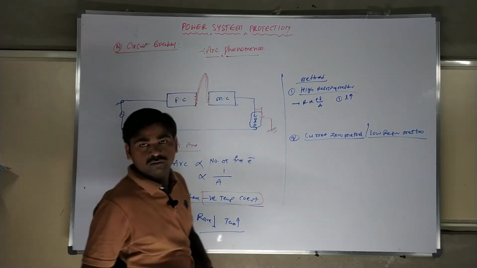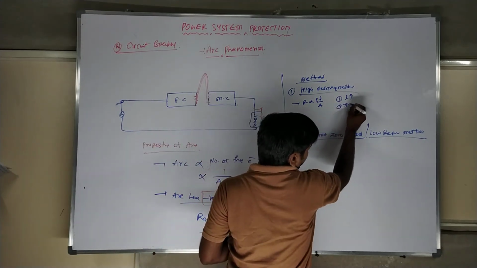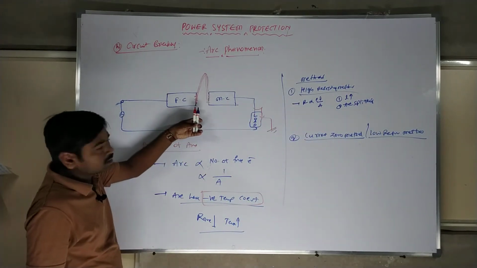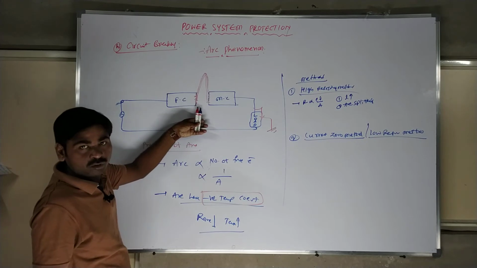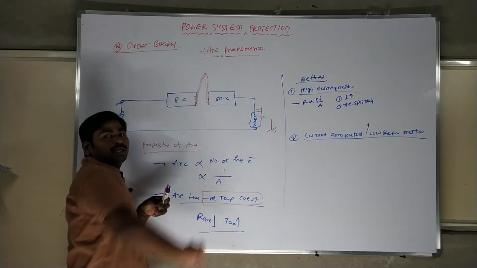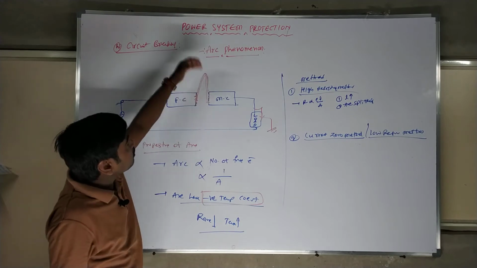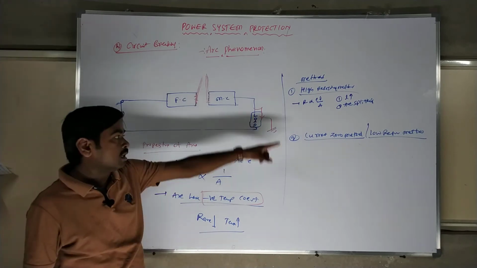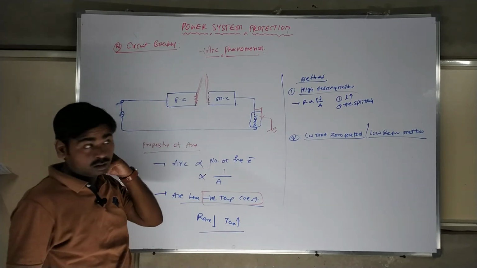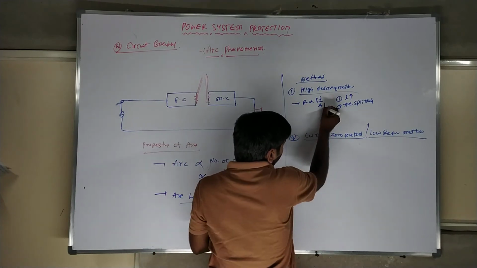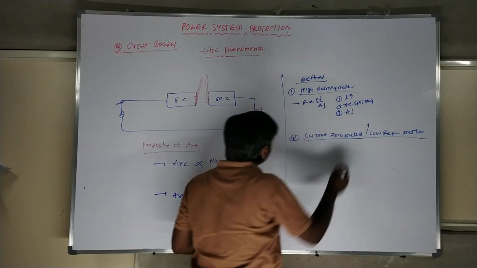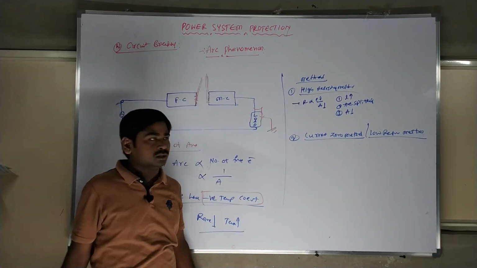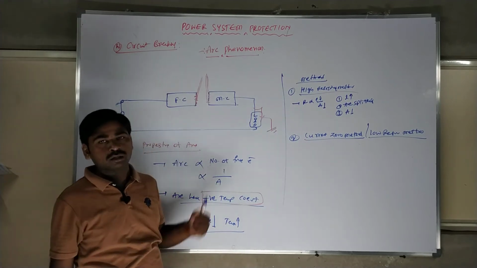To increase the arcing length, we have to use arc splitters. By providing arc splitters, we are providing forcible air that will touch this arc. This arc will go to the top, and it may be cut into two pieces. Therefore, it will isolate the fixed contacts and moving contacts. Arc splitters we can use for lengthening the arc. One more thing is to reduce the cross section area. The area of the contact should be reduced. With a small cross section area, the resistance will increase. In such a way, we can reduce this arcing phenomenon.